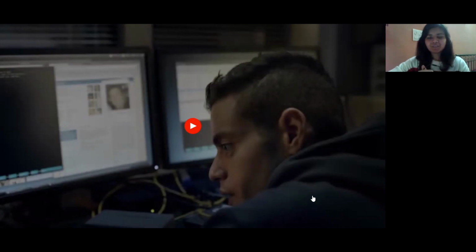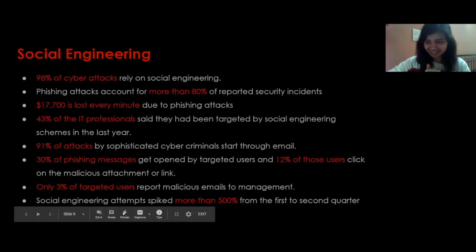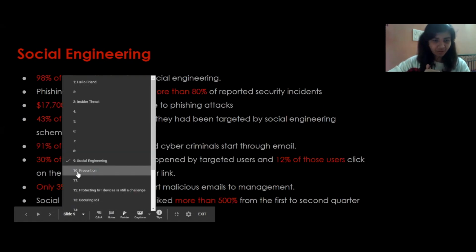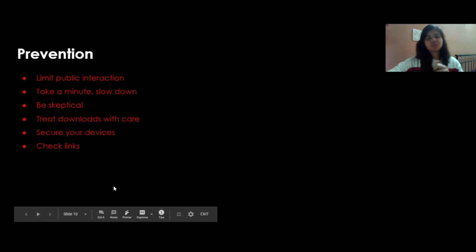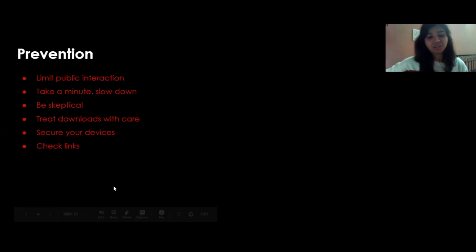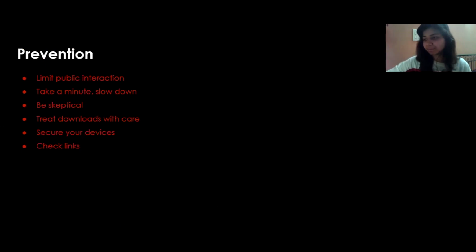And you see how he sounded urgent? That's what a malicious person is going to do. He is going to sound urgent, and he's going to try to get all the information.